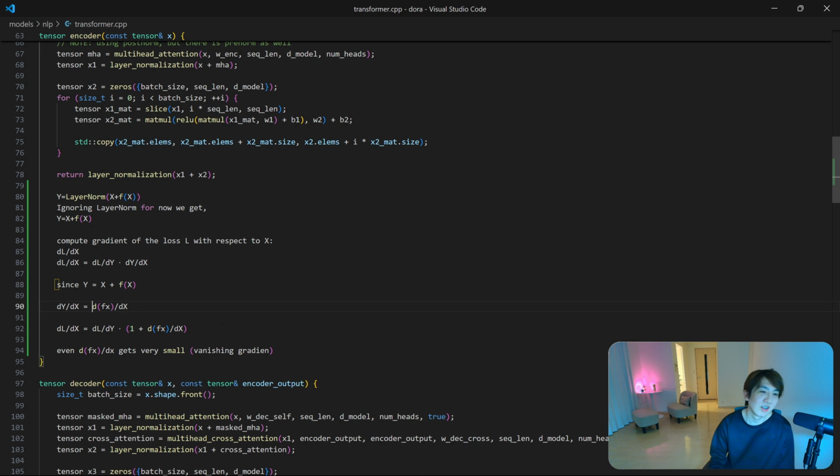So if the model is computing gradients and df(x)/dx gets really small or zero, and you use this to update weights,